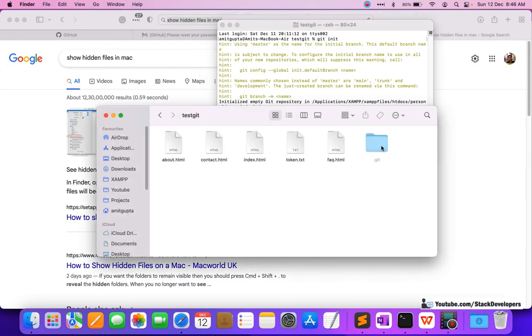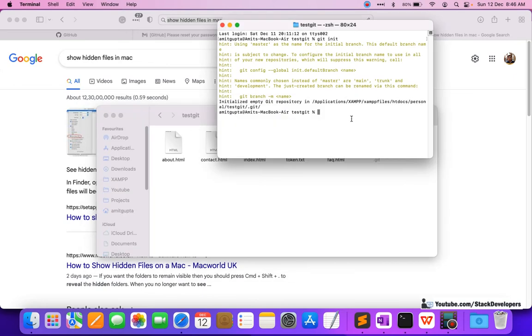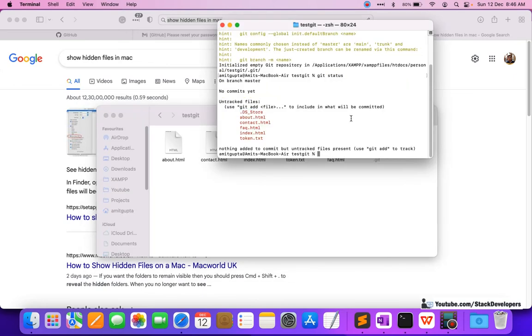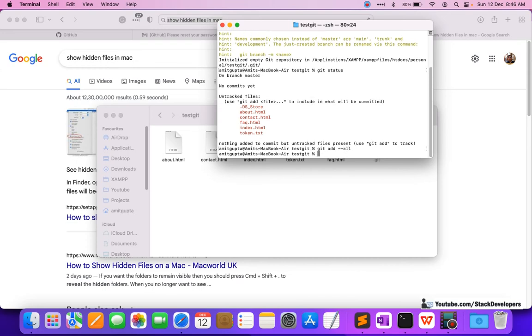You can see the .git folder is automatically created. Now I will check the git status once, and all untracked files come here. We have still not associated these files with Git, so we are going to do git add all. If we want to add all files, we can do it like this, or we can also give dot. And if we want to add a single file to Git, we can give the single file name. Here I want to push all the files, so I will give this option, all.